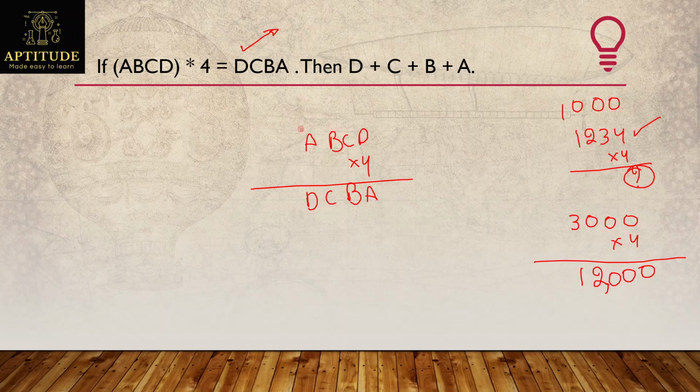I can eliminate all those values, and as the first value cannot become 0, this definitely can't become 0. So it will not be 0, and it will not be greater than 3, which means there are two chances: either it will be 1 or 2. Right? And observe this, if I take A as 1, here also A should be 1. And can I get the unit digit as 1 here?